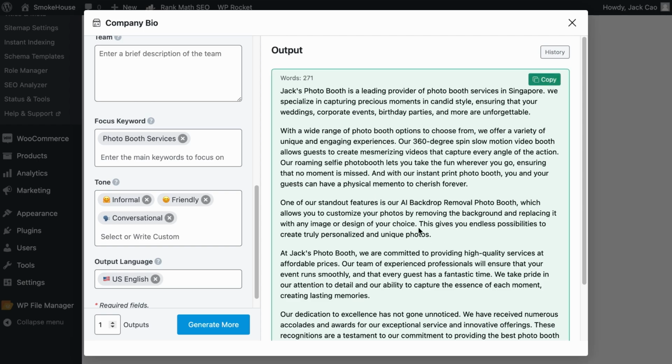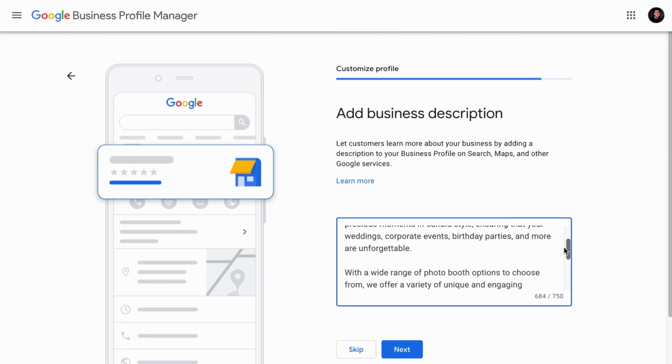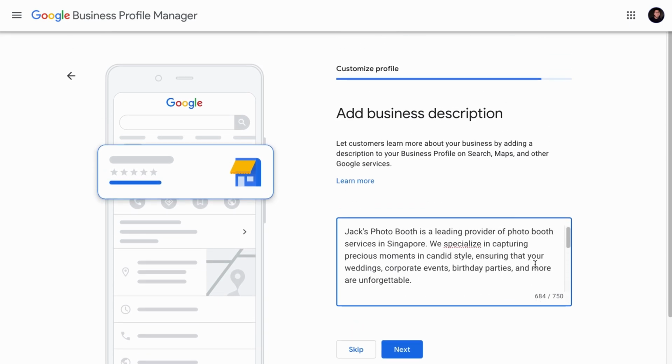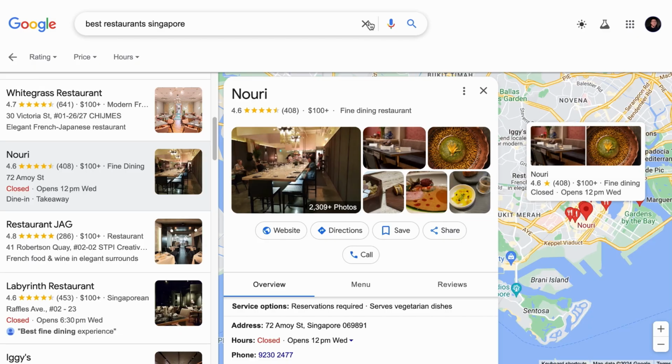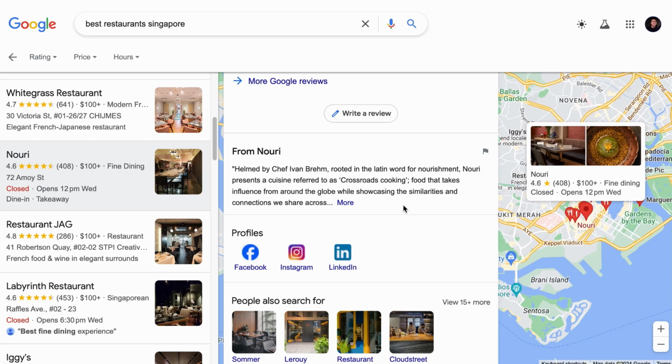This entire description can be added to your website as part of your About Us page, and part of it can be used in your Google Business profile because it only allows for 750 characters, which is about 100 to 190 words. Your business description will appear right at the bottom when people are viewing your business profile. So it is wise to beef up your description that aligns with your customers' interests. Though you can add 750 characters, as you can see, only about 244 characters will be shown.